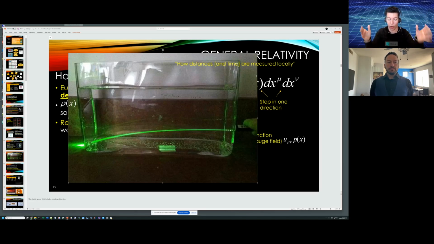You take a bowl of water, you put sugar in it. Don't stir much, so there's a gradient of sugar. You have more sugar at the bottom than at the top. And then when you shine a laser through it, there's now a gradient of refraction. So the refractive index increases as you go towards the bottom, and light will bend. And that's pretty cool, right? I mean, this is so simple, right?